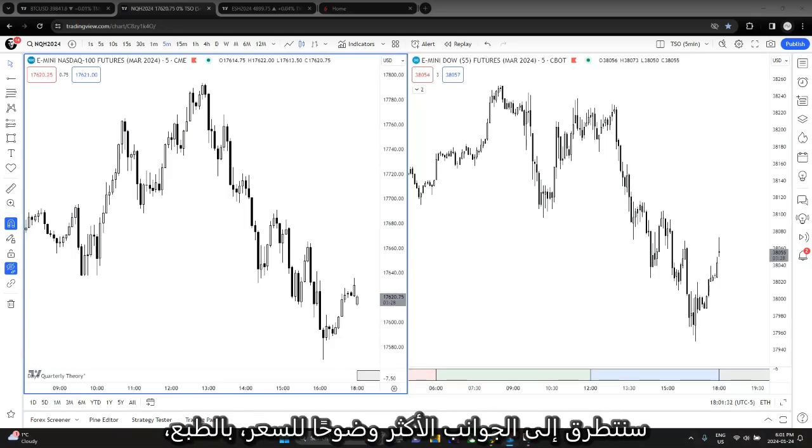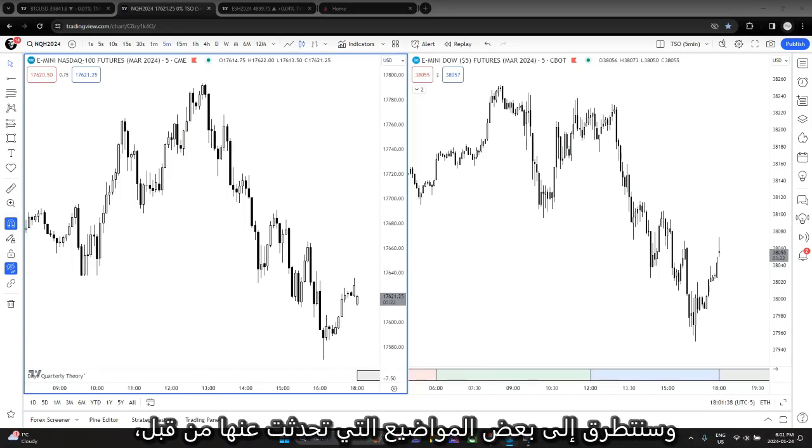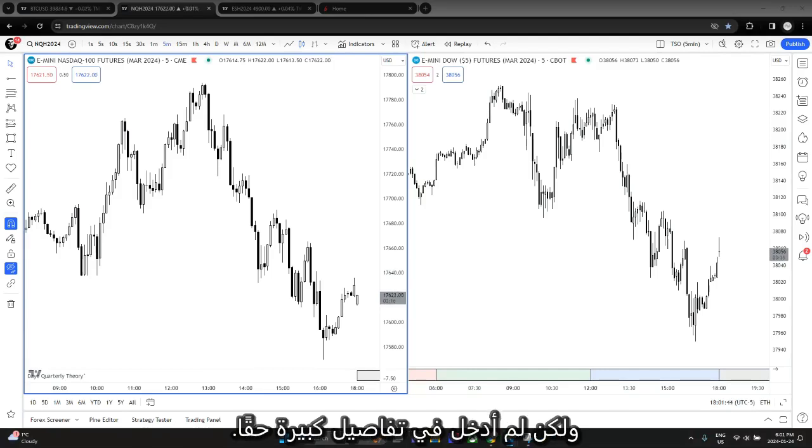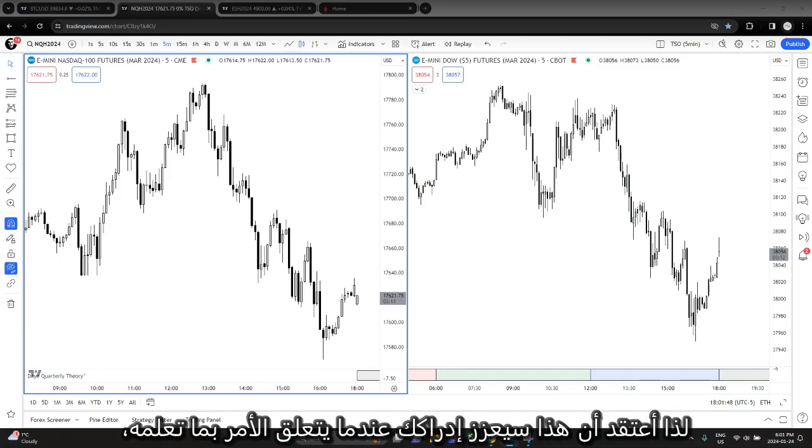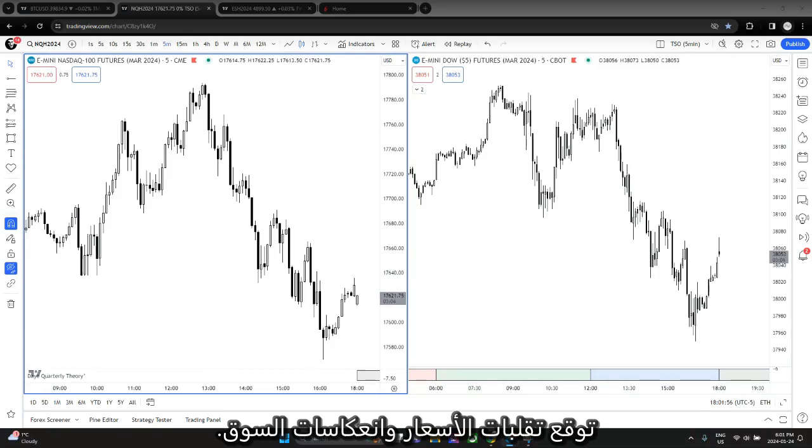We'll be going into the more visual aspects of price, and we'll be touching on a few topics which I've talked about before but have not really gone into great detail. So I believe that this will enhance your perception when it comes to anticipating price swings and market